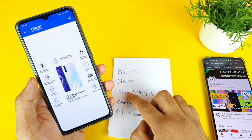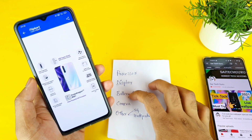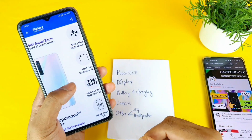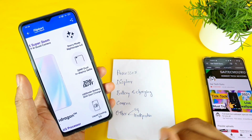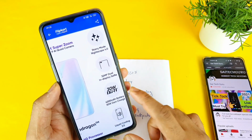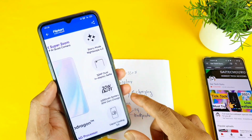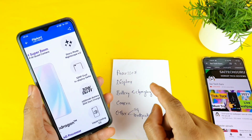Next, let's talk about the battery and the charging. Right now in 2021, we are seeing phones releasing with a 65 watt fast charger and a minimum 4,500 mAh battery capacity. In this generation and era, this phone has 30 watt fast charging and only 4,200 mAh of battery. So this is where there's a lot of drawback for this phone,